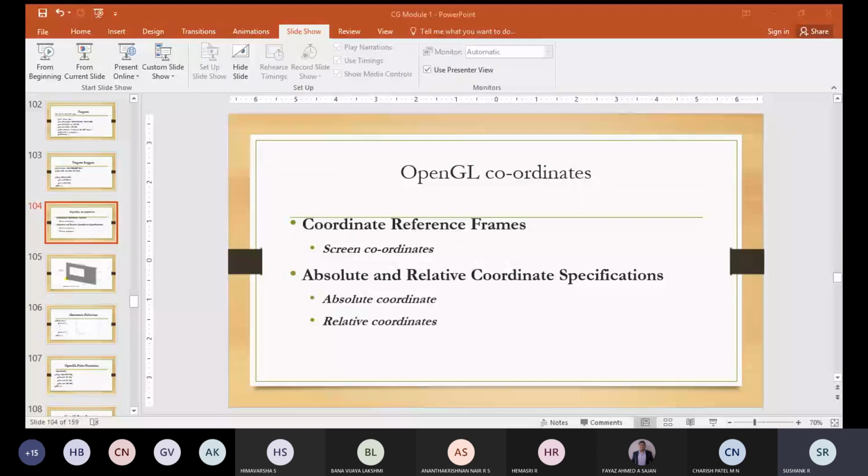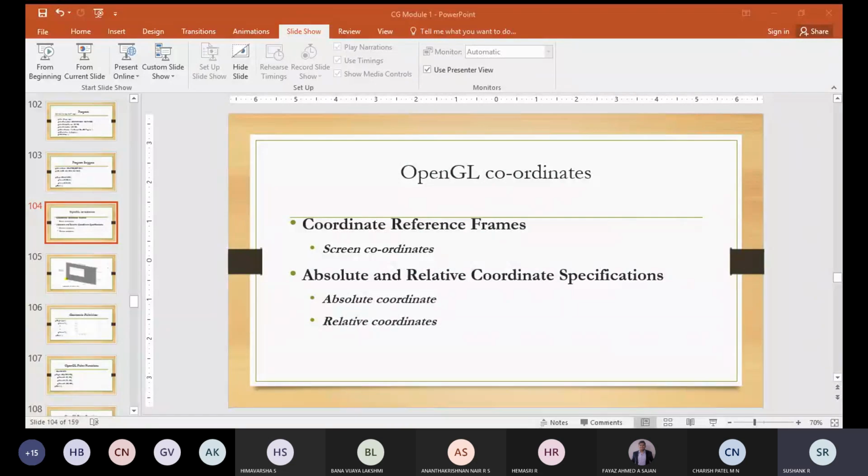The first thing we spoke about yesterday was the world coordinate system or the Cartesian coordinate system. After that, we spoke about the screen coordinates, where you will be setting the pixel and all. So first we'll begin with the coordinate reference frame.